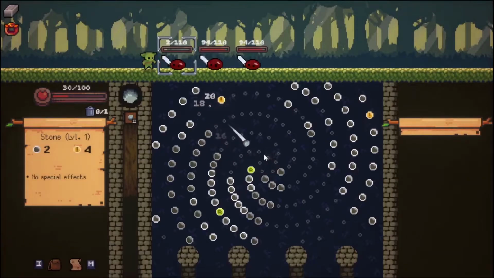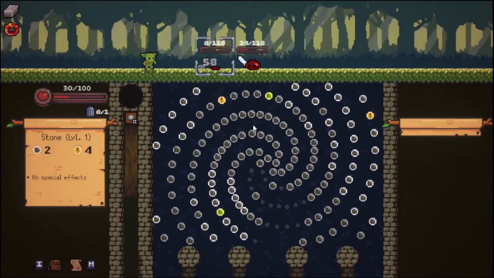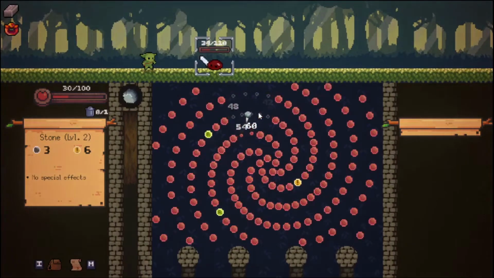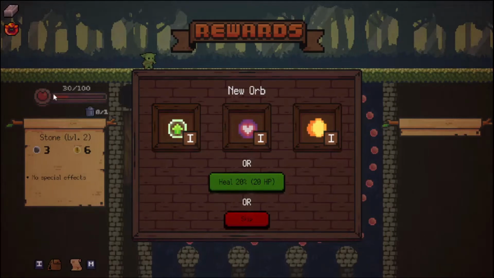So let's bomb these guys, and that should take out the first two fairly easily. Oh yeah, and we should have this. So yeah, the basic story, there is a little bit of a story. Basically, you're a little Peglin dude. Ooh, okay. We really should heal, but